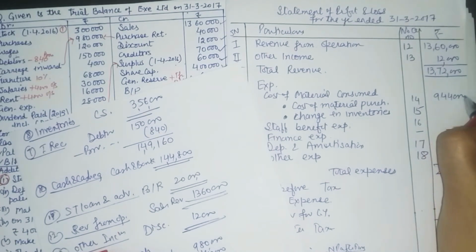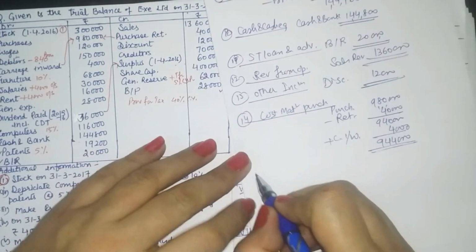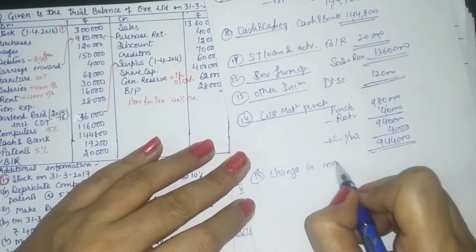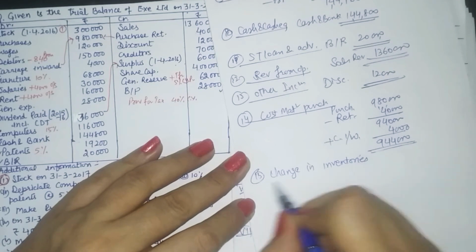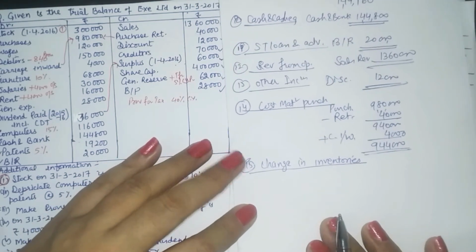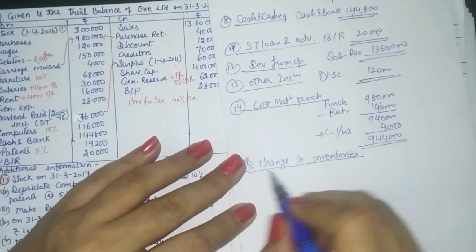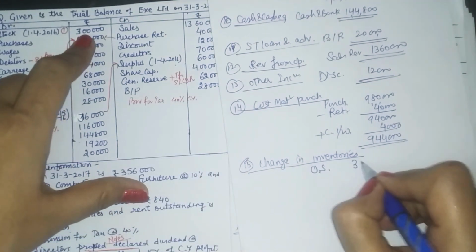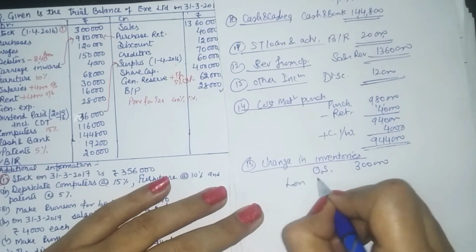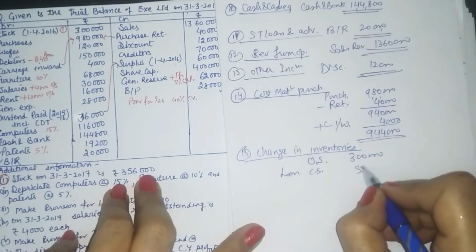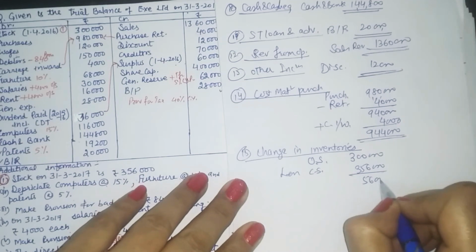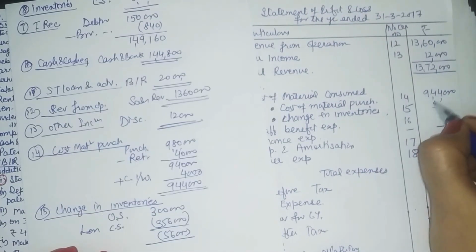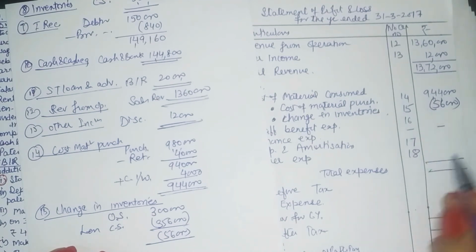All right. Now, change in inventories. Change in inventories implies the difference between opening stock and closing stock. That will be for finished goods, for work in progress, for raw materials, etc. So all these will be taken. Now, we just have opening stock 3 lakh less closing stock 3,56,000. So the change in inventories is 56,000 on the negative side. It will be written with a bracket.